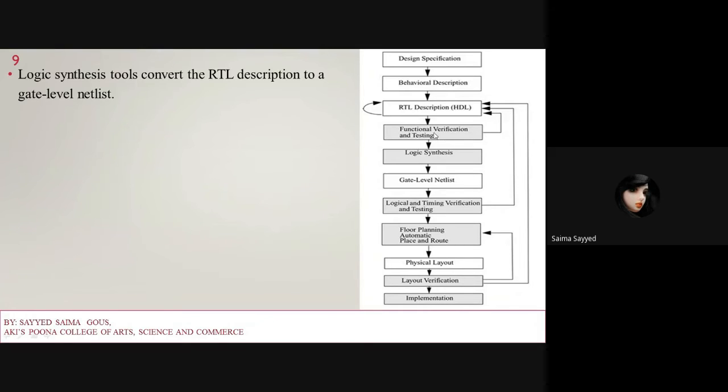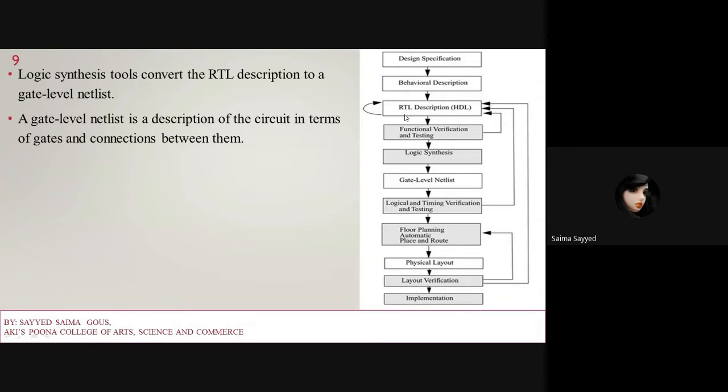If the functional verification and testing fails, it goes back to the RTL and checks the functionality and specifications. Then the next block is logic synthesis, which converts the RTL description to a gate level netlist. The gate level netlist is the description of the circuit in terms of gates and the connections between them.